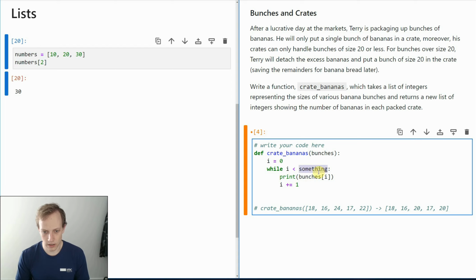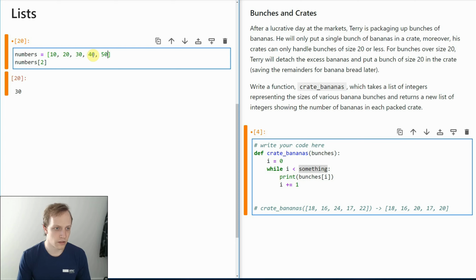The question is, when do I stop? So if my list over here is 0, 1, 2, 3 elements, I want to count 0, 1, 2. But if my list is 5 elements, I want to count 0, 1, 2, 3, 4, and then stop. So how do we know when to stop? Well, we've got